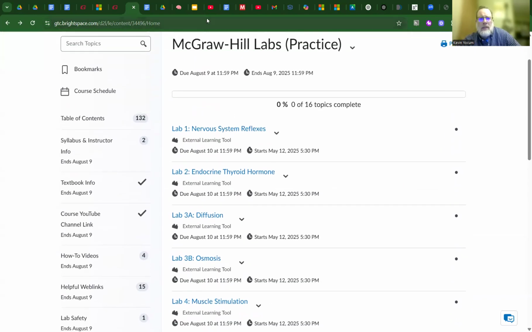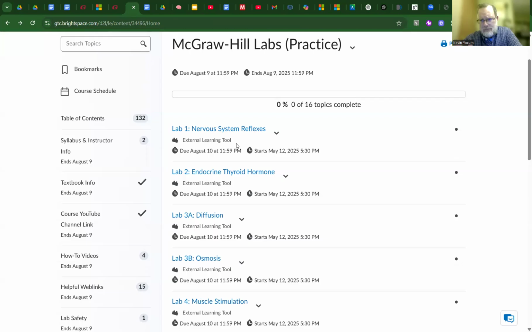My point is, if you never enter McGraw-Hill from Brightspace, say you open the announcement email I sent out, click the link to go out to McGraw-Hill, and that's how you always access McGraw-Hill and do the labs in there, well, the grades won't ever appear in Brightspace. So you need to access McGraw-Hill at least one time from Brightspace. I hope that makes sense, although it's not a big deal. Otherwise, I have to go in and manually enter the grades, which I have to anyway